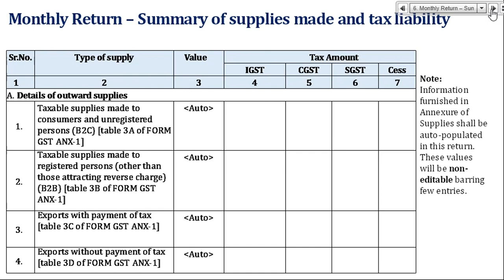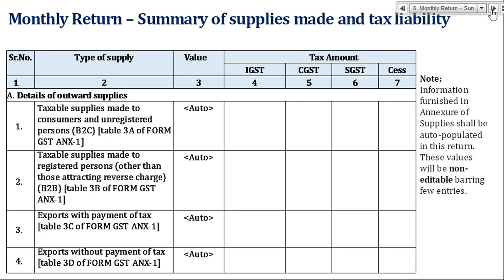Wherever auto is written, it means I cannot edit that part. It is auto populated based on ANX1. ANX1 means outward supply. What is there? B2C means supply to unregistered customer. Table 3A of form ANX1. So this will get auto populated from table 3A of ANX1.